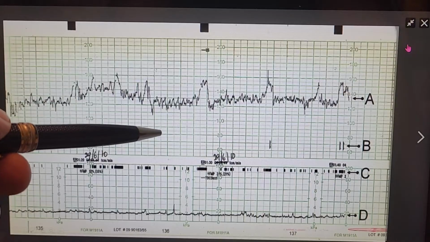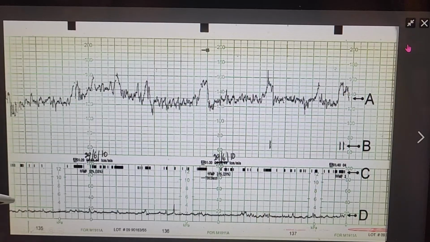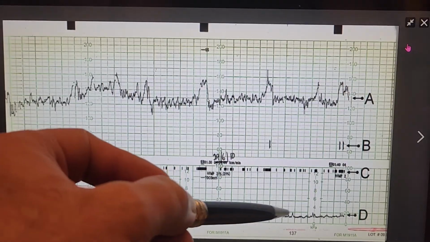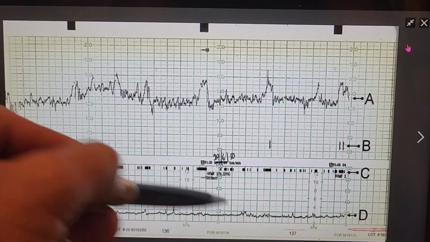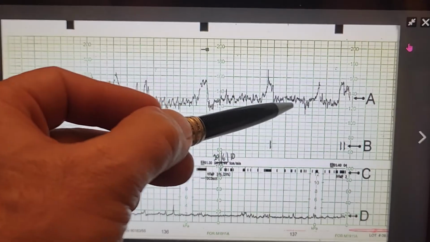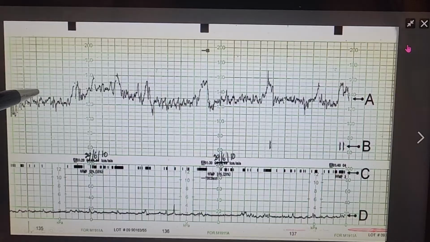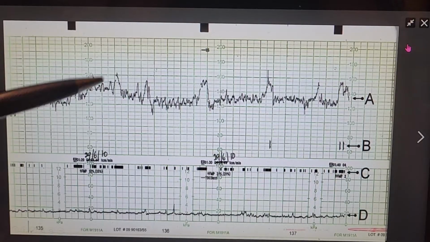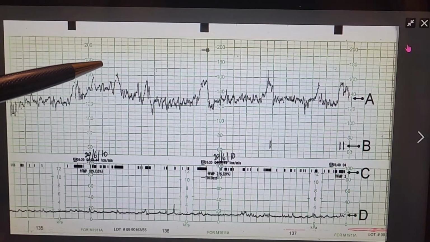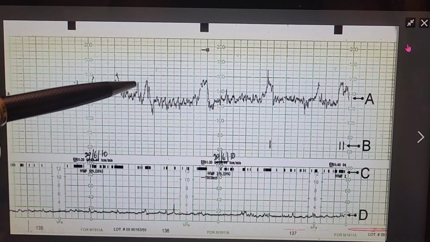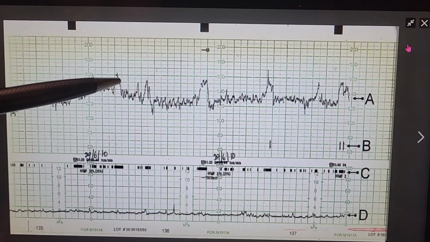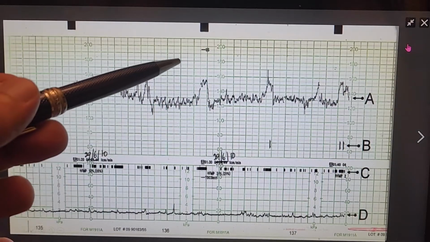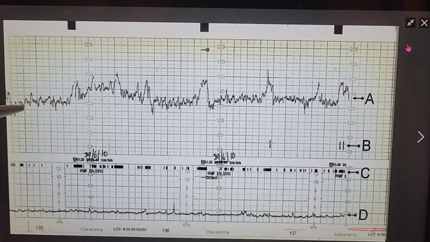And then when we talk about the CTG, we have to know that there is a maternal part which represents the contractions, and then we have the fetal part which represents the fetal heart rate. So talking about the components, or how to interpret the CTG, we have to comment first of all on the baseline fetal heart rate. The normal baseline is 120 to 160,